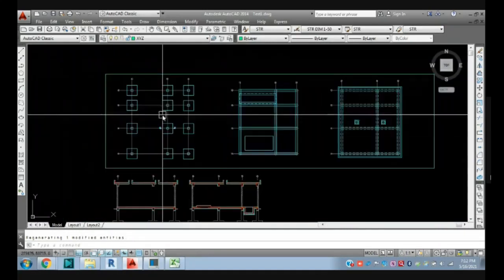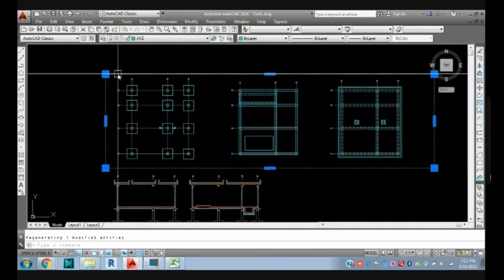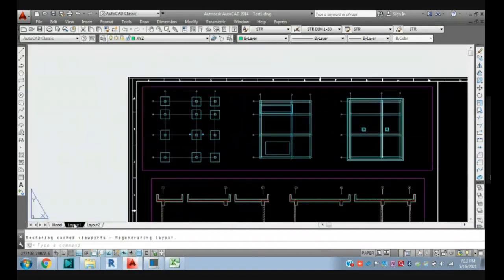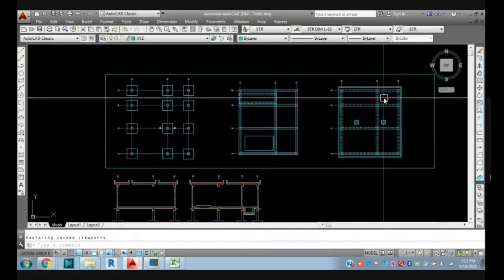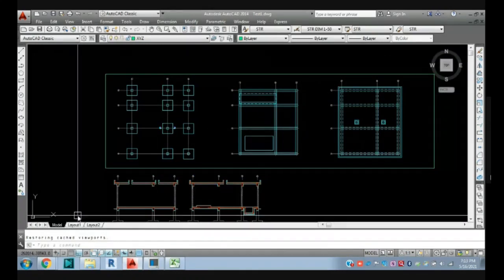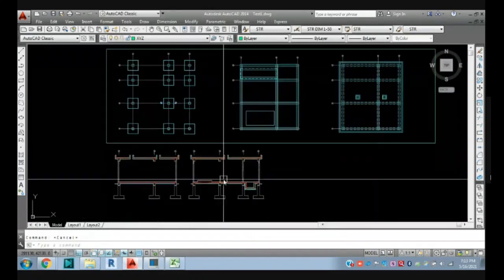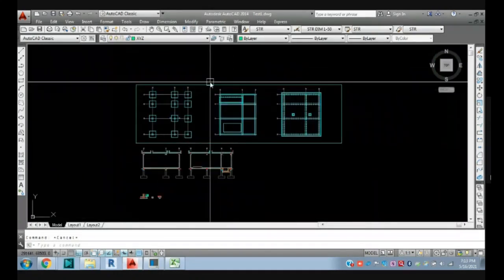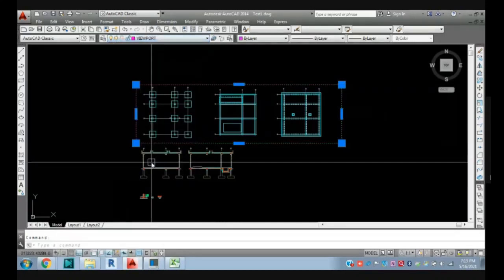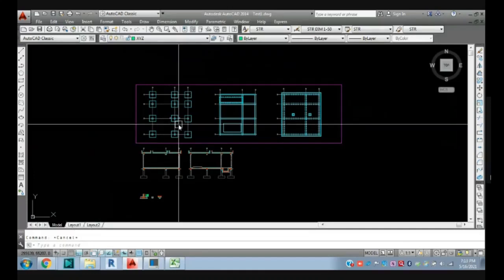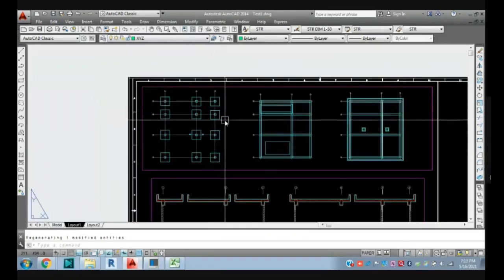So you can arrange all this plan as per this border, because we have set this viewport frame respective to this border. You can give the border and convert it into the viewport layer, meaning non-print, so whenever we take the print, it does not come in our print.